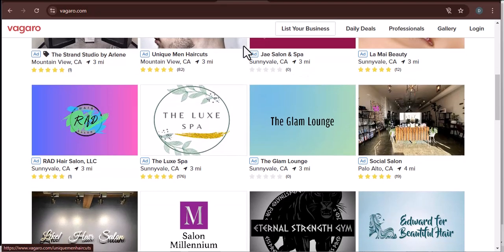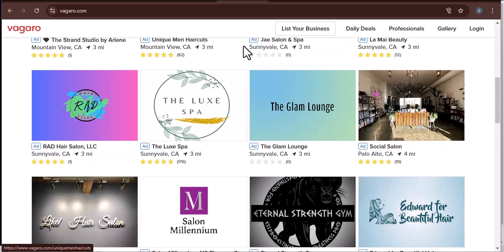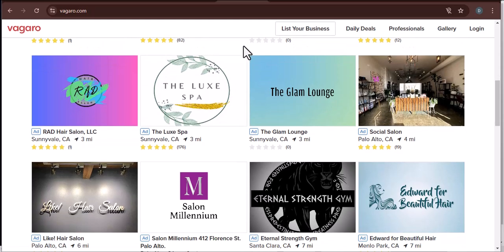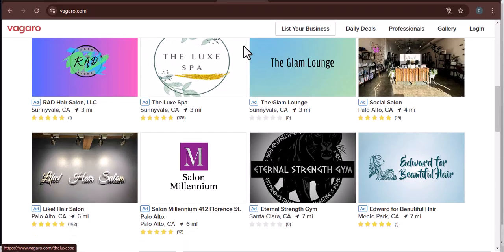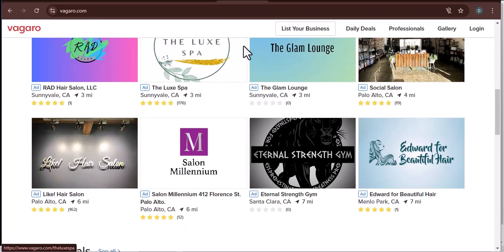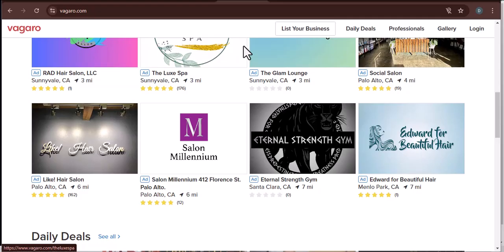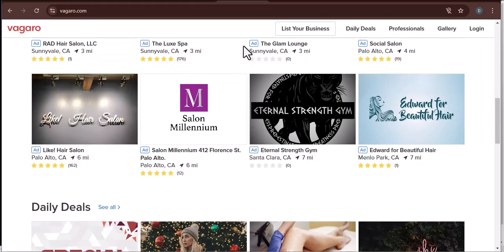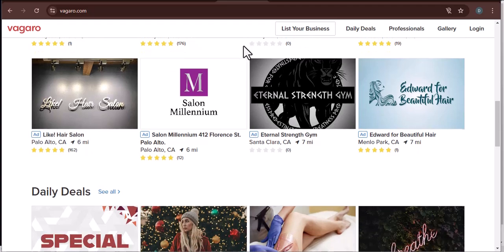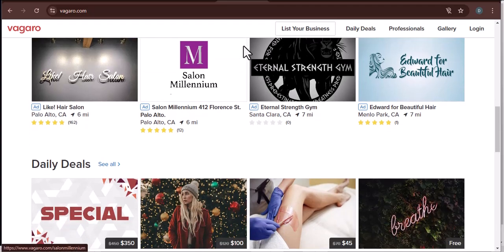Vagaro's approach to client management is designed to give you flexibility and control. Instead of a hard block that could potentially lead to privacy or legal issues, Vagaro provides mechanisms that achieve the same desired outcome, preventing unwanted bookings. These mechanisms are often tied to how you manage client profiles, communicate with clients, and set your booking rules.